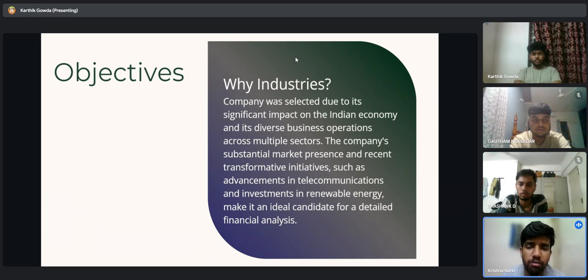Objectives. Why we chose this industry? It also depends on you, what you can take and analyze. But we chose this because of its diversified sectors, it is one of the global leaders among the sectors, and it has much more impact on the Indian economy as compared to others. The company's substantial market presence and recent transformative initiatives, such as advancement in telecommunication and investments in renewable energy, make it an ideal candidate for detailed financial analysis. Next,